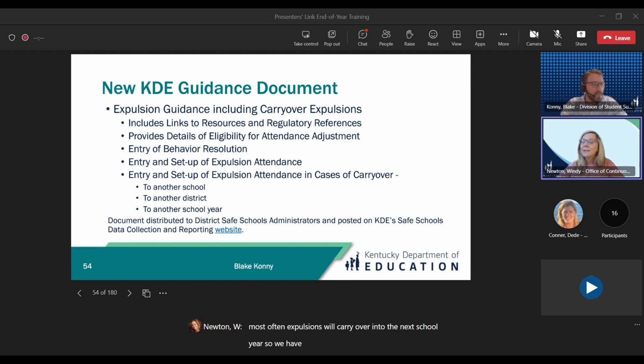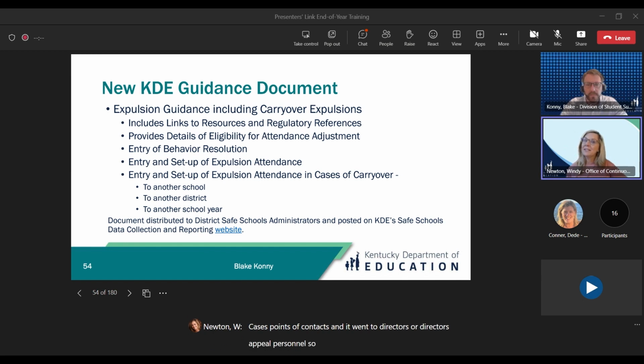We have expanded the current document that we had for specifically carryover expulsions to include resources, details, and instruction on behavior and attendance for expulsions within the current year and a carryover year. We sent this document out a couple of weeks ago. It went to the Safe Schools administrators, KSIS points of contact, and directors of pupil personnel.